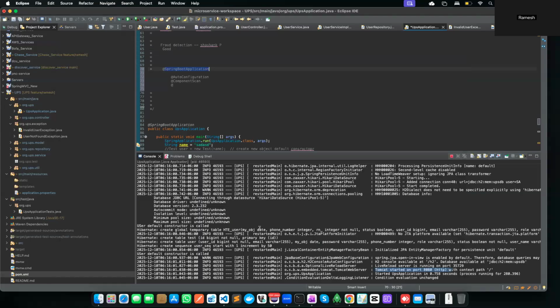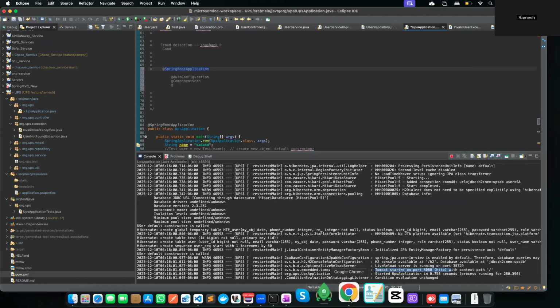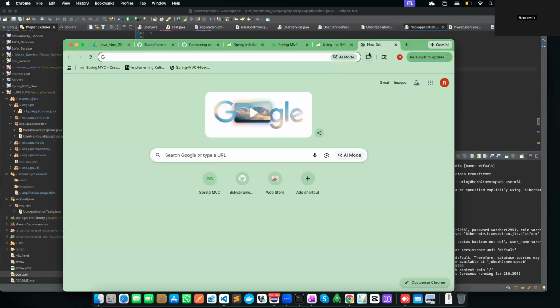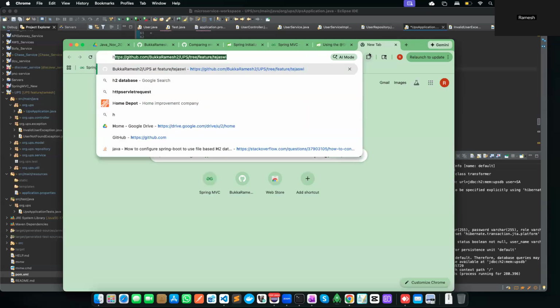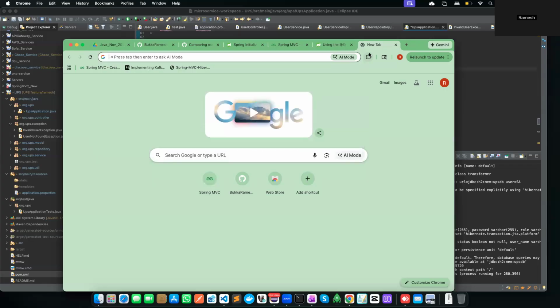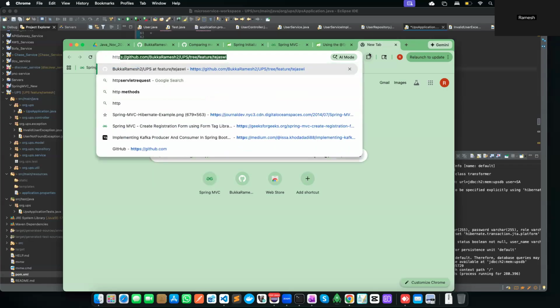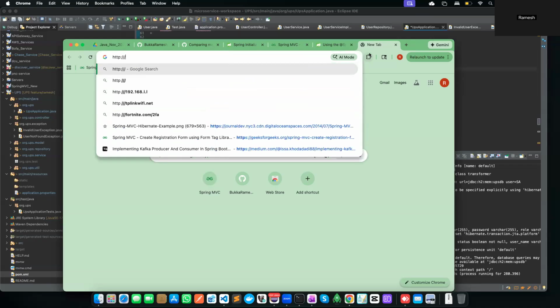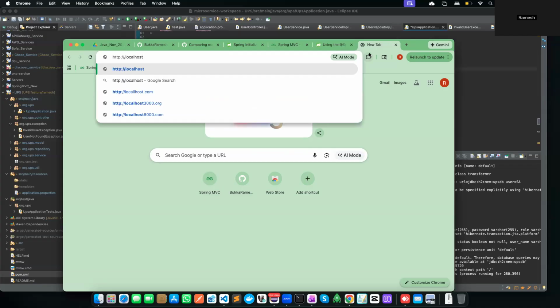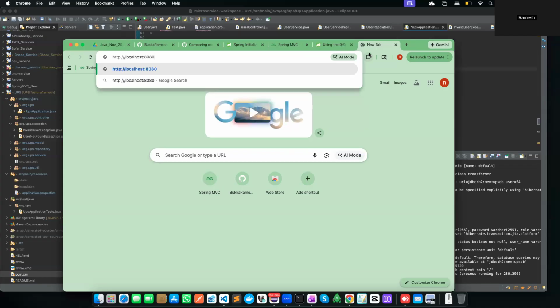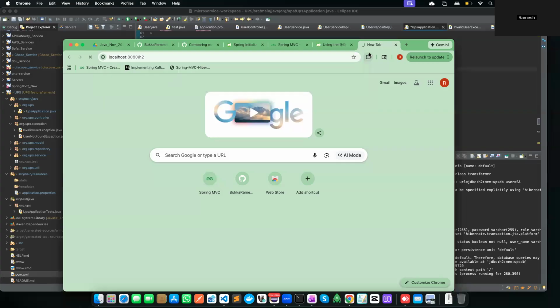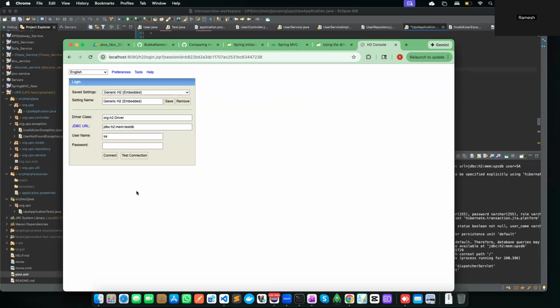Okay, now this is started on localhost 8080, and H2 is there in the H2 console. Let us go in and see. Let us go to HTTP localhost, and I'm trying to access my application. Localhost is running on which port? 8080/h2. Do you see what is the console I got here? The H2 console, right? In the H2 console, if I try to test connection,